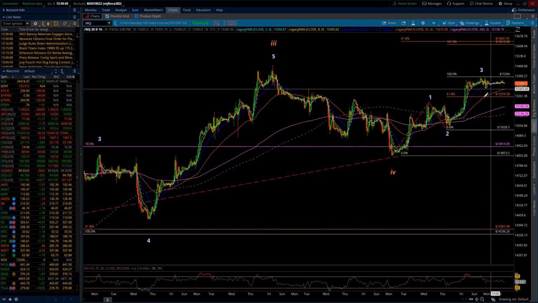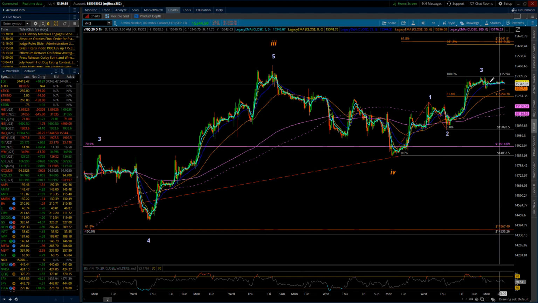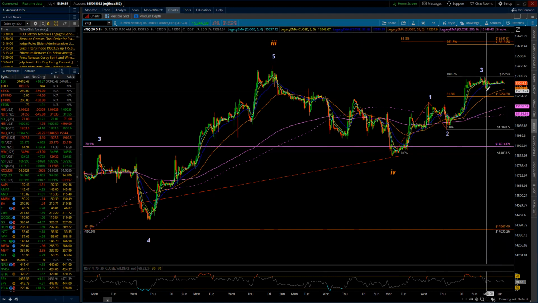So there's the 3rd. And we do have an ABC down. The 4 could be here, in which case this is just the slowness, and we will pick up that rally again when Globex reopens this afternoon, more than likely once the European markets open, and then again at the start of our session tomorrow.